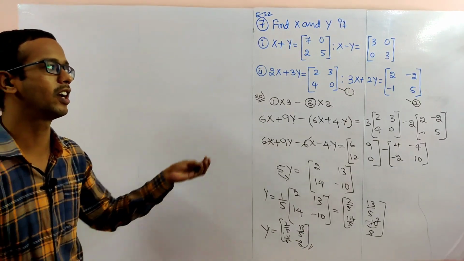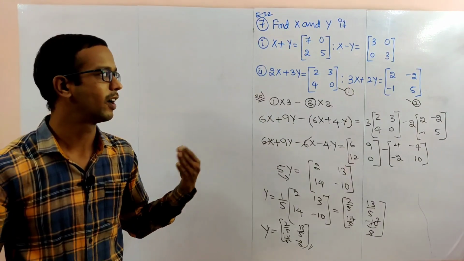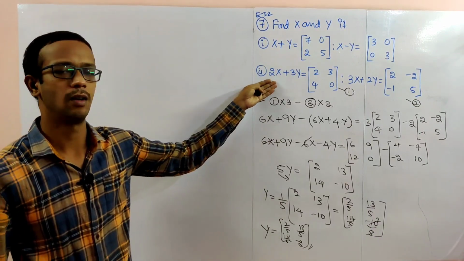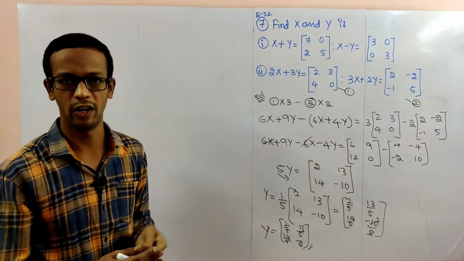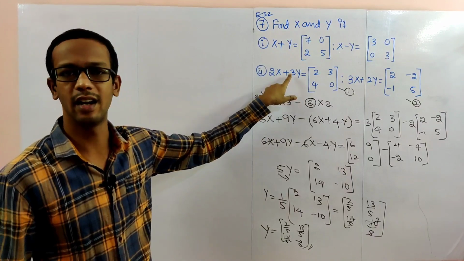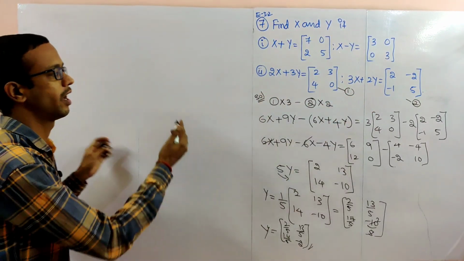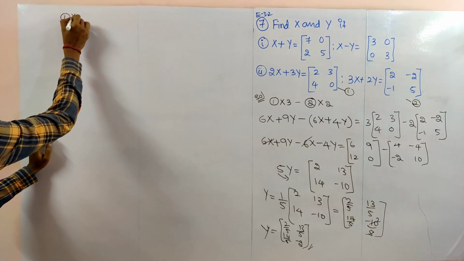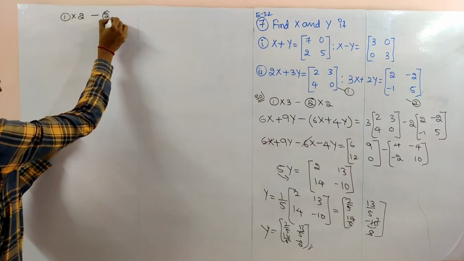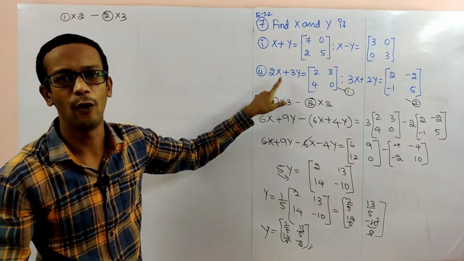So this Y matrix we can substitute in any one equation, we will get the X matrix. Otherwise, same simplification we can also make. Here substitution no need to do. Same simplification. Y cancellation we have to make. Here 3 is there, multiply with 2. Here 2 is there, multiply with 3. Reverse multiplication we have to make now. Equation 1 into 2 minus equation 2 into 3. Then we can make the cancellation of Y.